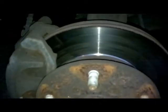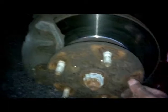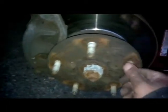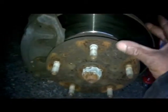Okay, here we have a Ford Transit, and the gentleman said he's driving along and he's getting a loud clunking noise. Now if we turn that, see that? What's happened? This is your hub, this is your disc. This is bolted to there with these bolts here. If I try and get one of those out,